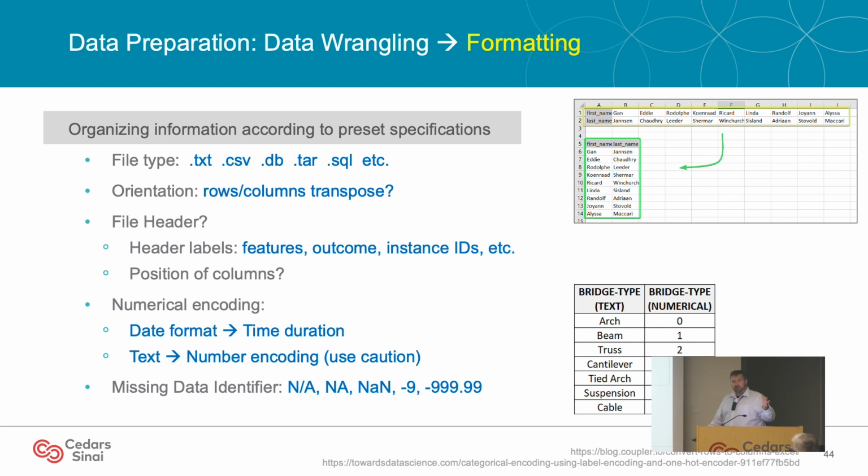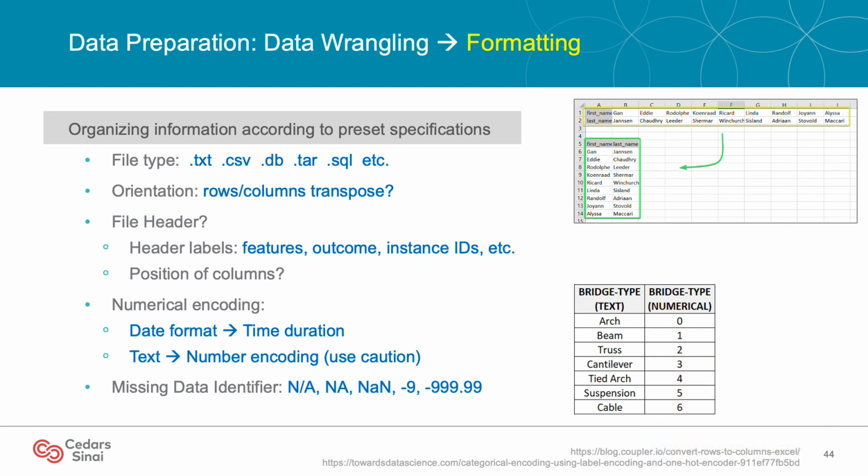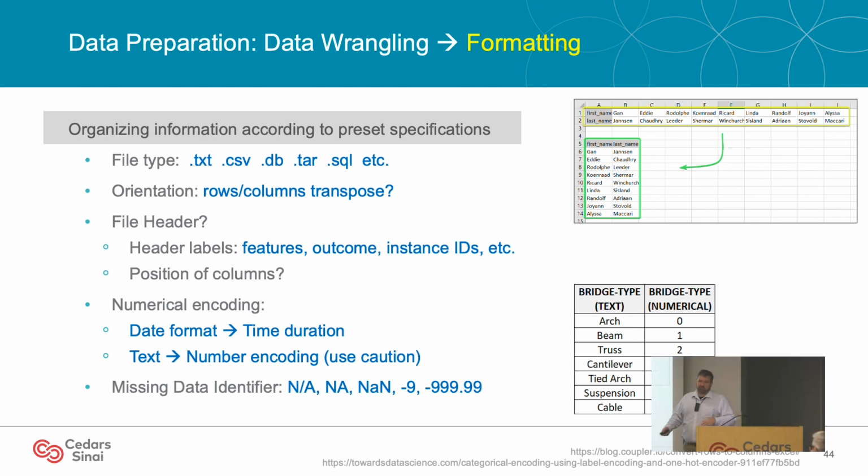Again, this is a categorical variable. In essence, there's no quantitative relationship between these per se, but we have to give them a numerical encoding in order to pass them to machine learning. Not always, but in a number of packages. Another thing to worry about is, do we have the same uniform identifier for missing data? In general, I would avoid using numbers, because you never know when a negative 999.99 could be a real value for a feature, right? So we tend to use blank values or NaNs or NA or something like that.